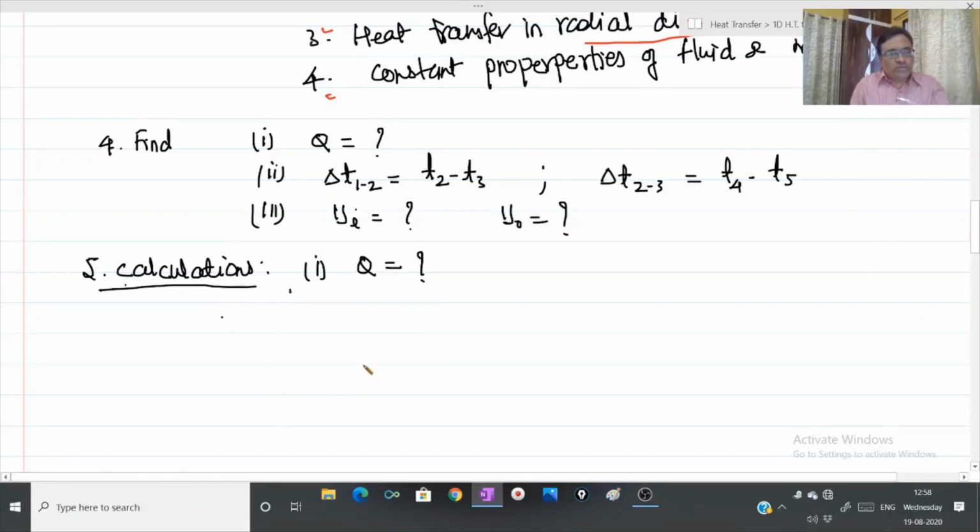Since we have assumed steady state and one-dimensional heat transfer,